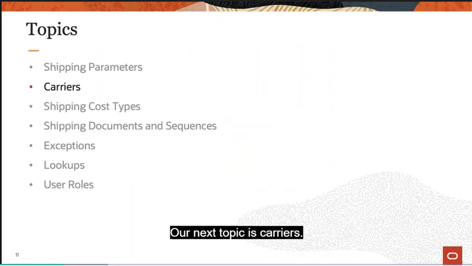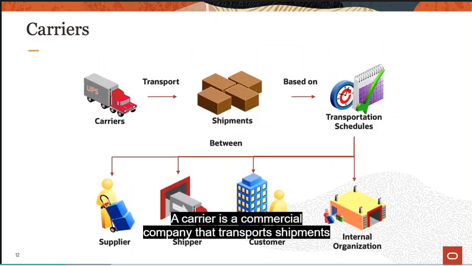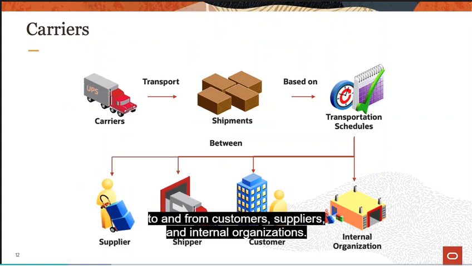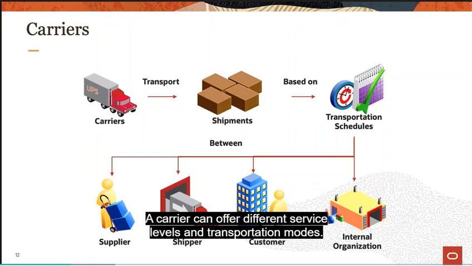Our next topic is carriers. A carrier is a commercial company that transports shipments to and from customers, suppliers, and internal organizations. A carrier can offer different service levels and transportation modes. If the enforced ship method shipping parameter is enabled, you must assign a carrier to a shipment before you can